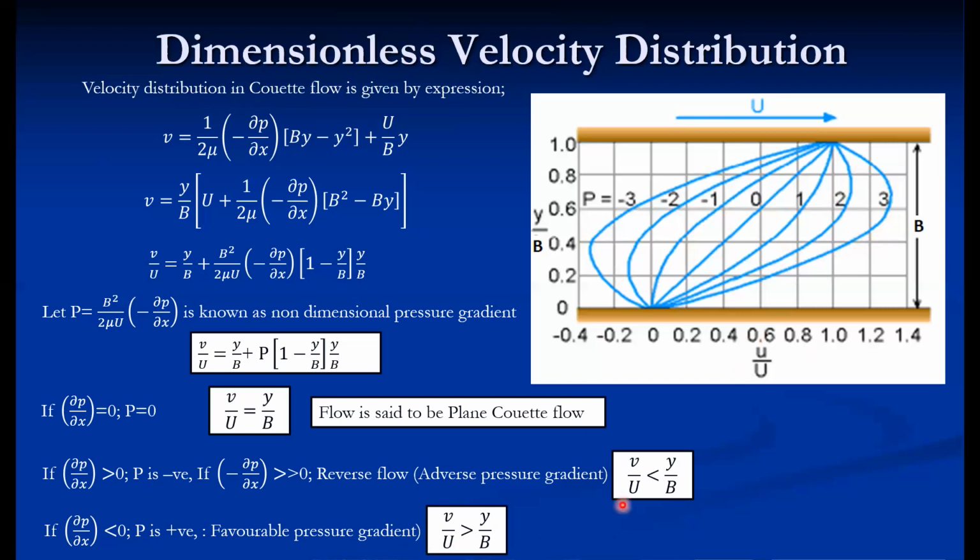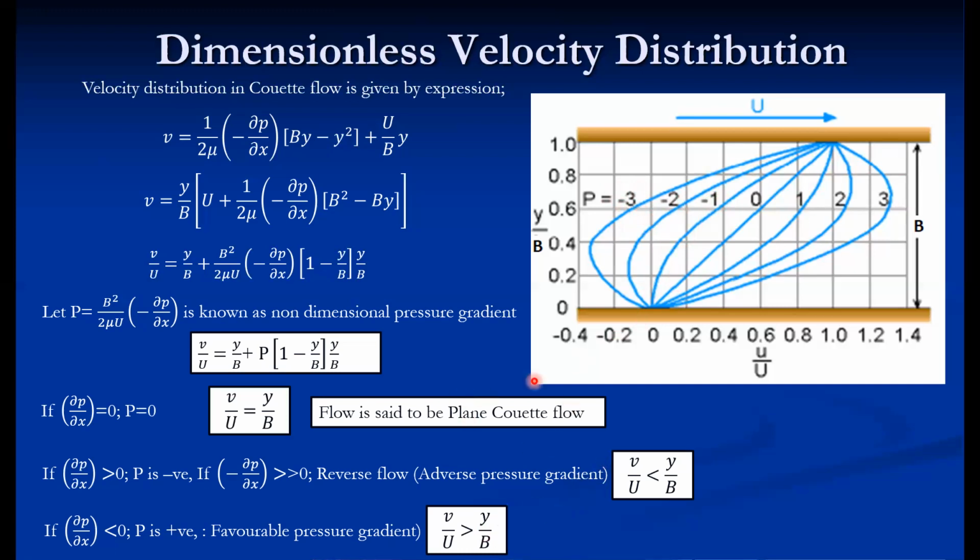So these are the different conditions for Couette flow, according to the P values, varying from 0 to 3 and from -1 to -3. This zone is called a positive pressure gradient. This zone is called a negative pressure gradient, which is also called a favorable pressure gradient. Even a positive pressure gradient is not adverse, but these two conditions, when P is equal to -2 and when P is equal to -3, become an adverse pressure gradient.